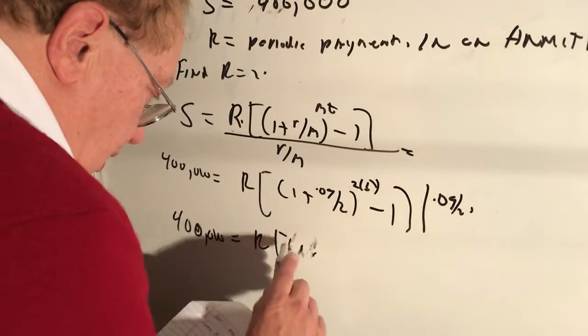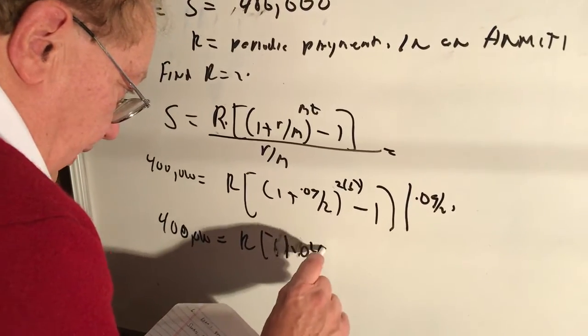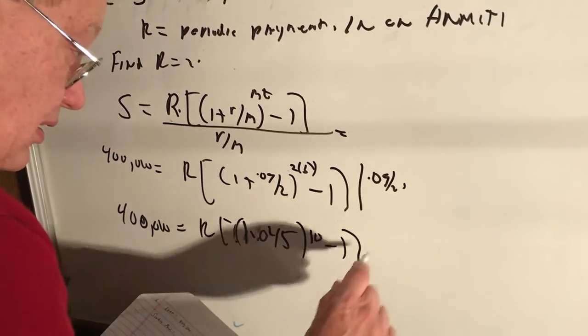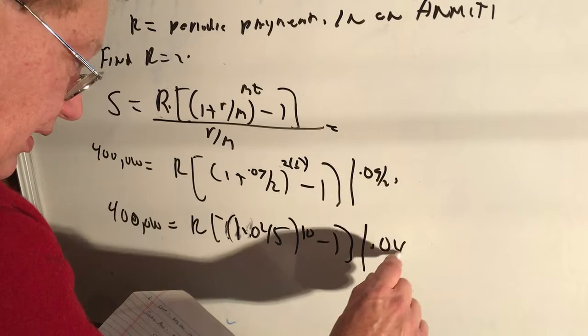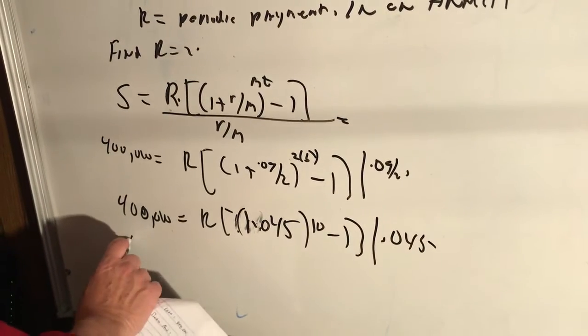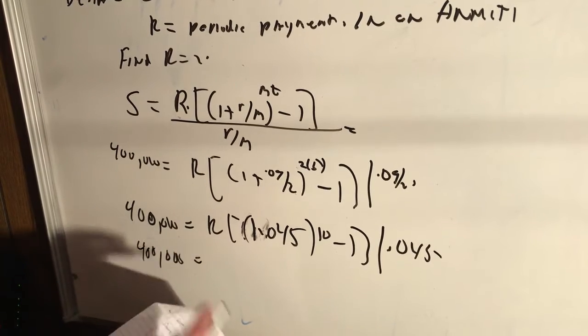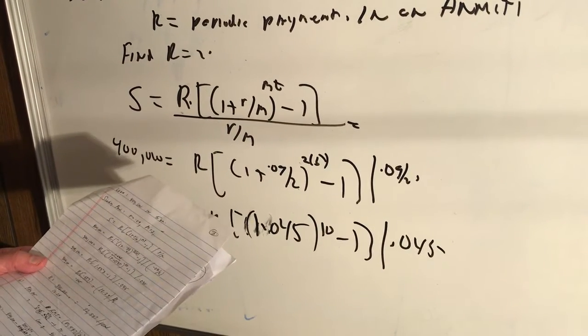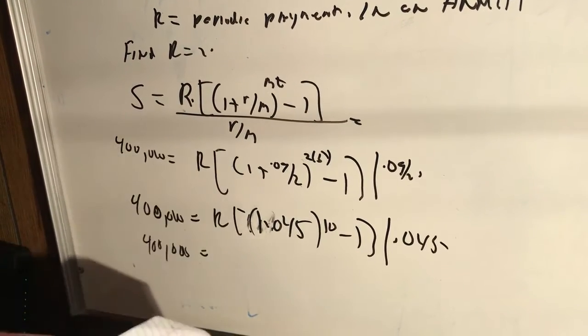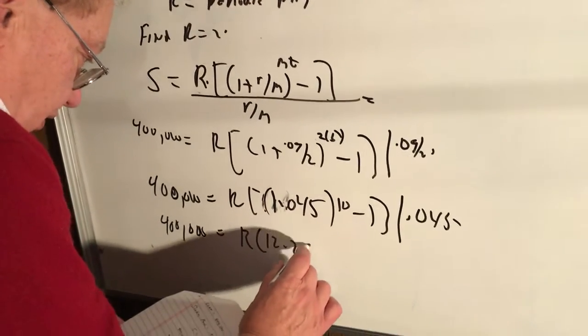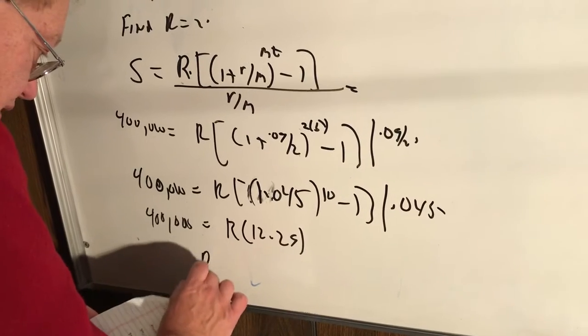Sorry. 1.045 to the 10 minus 1 divided by 0.045. So I'm not going to go through all the calculations, but when I do this, I get 12.29 times R. So R times 12.29. So R equals